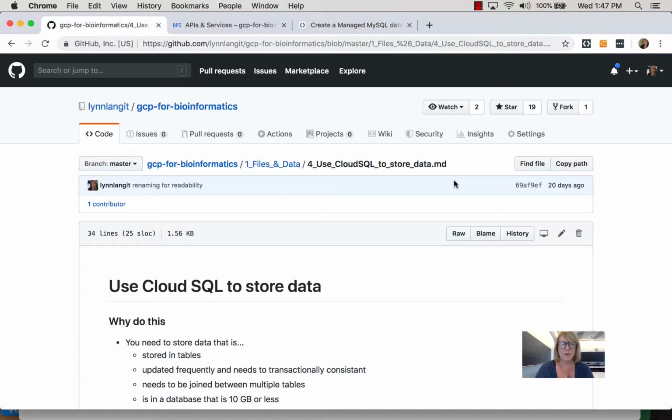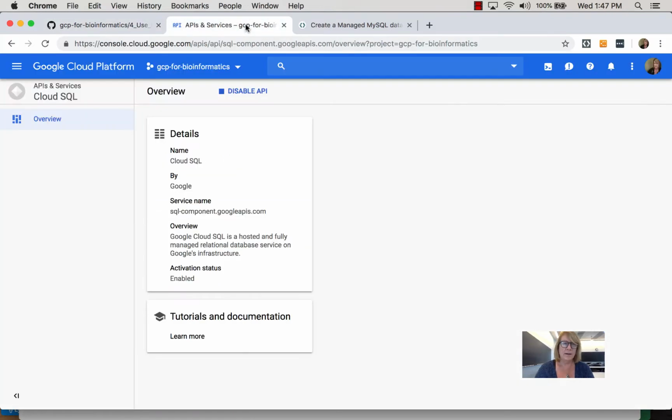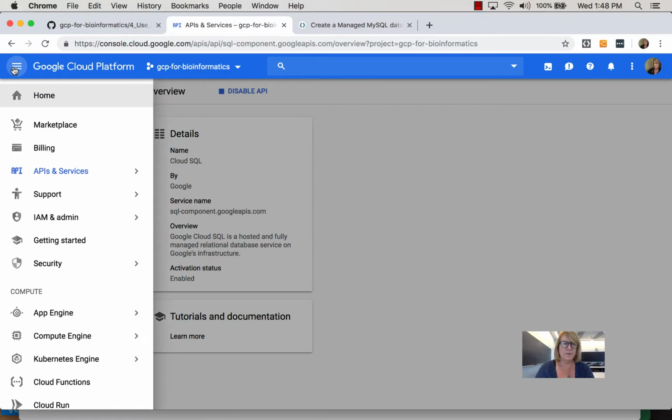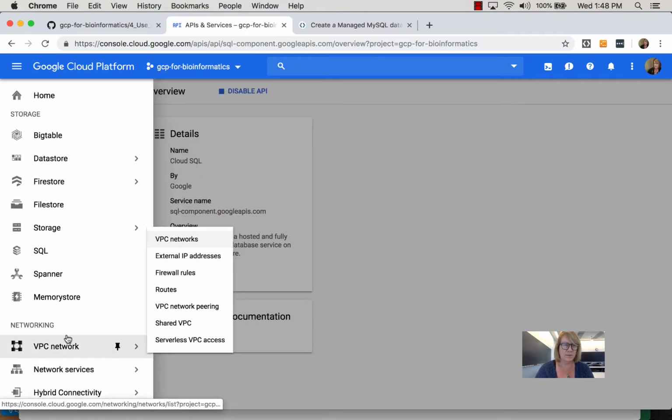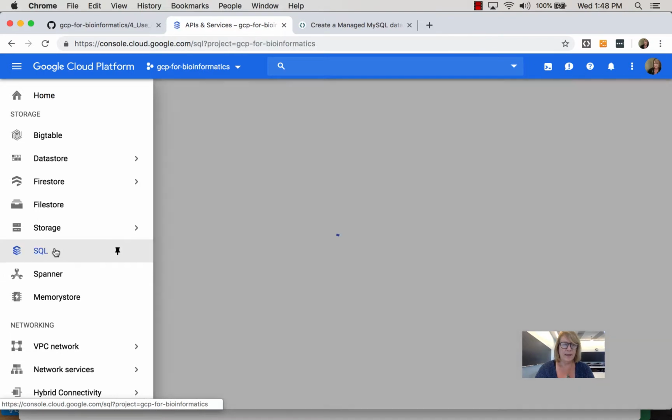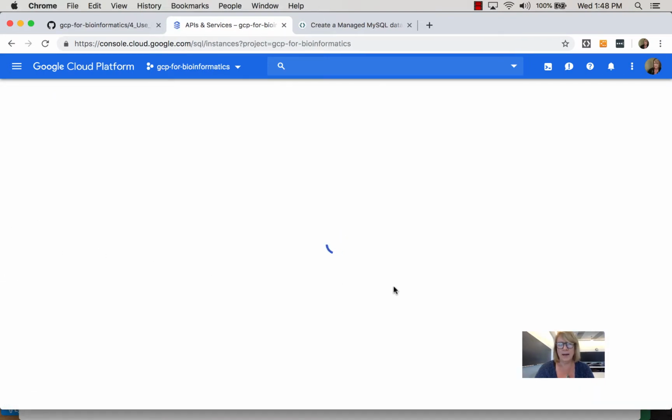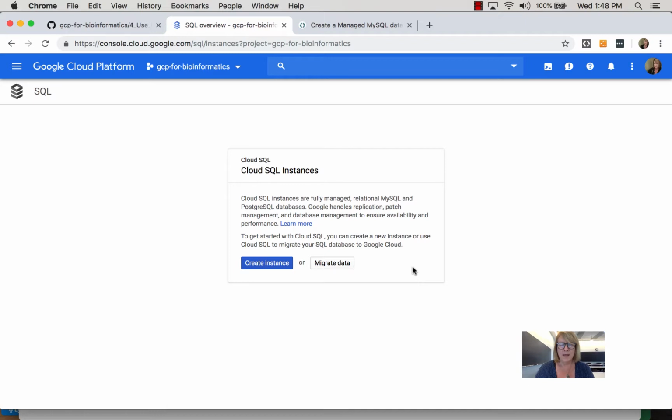On this page, we're going to use CloudSQL. This is a managed MySQL relational database server. So in the console, it is here, CloudSQL, and you can work with either the API, and that's if you would do it programmatically, or it's under databases or storage. So with CloudSQL, what you would do is you would create an instance of a server,